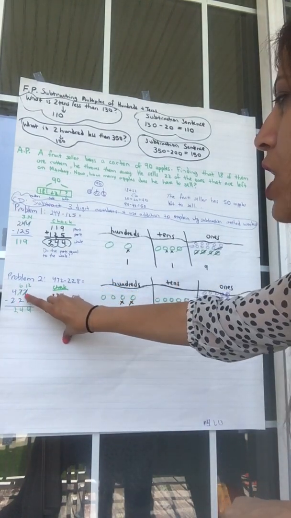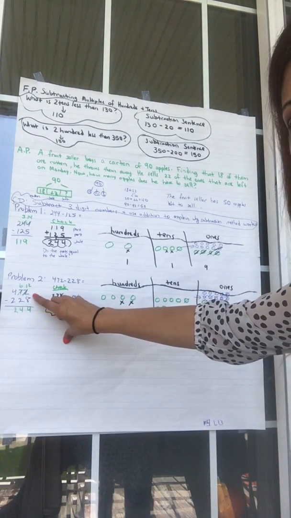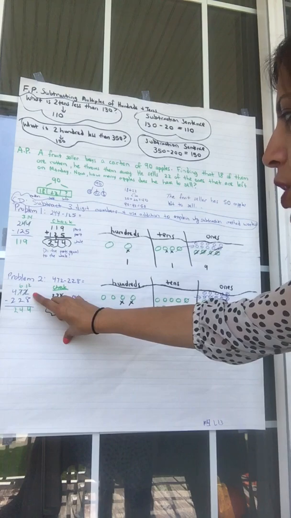Now, I'm going to check this using the vertical way. Right? Here you go. So, look at 2 ones minus 8 ones. Is that possible? No, it's not. The top number is smaller. So I'm going to